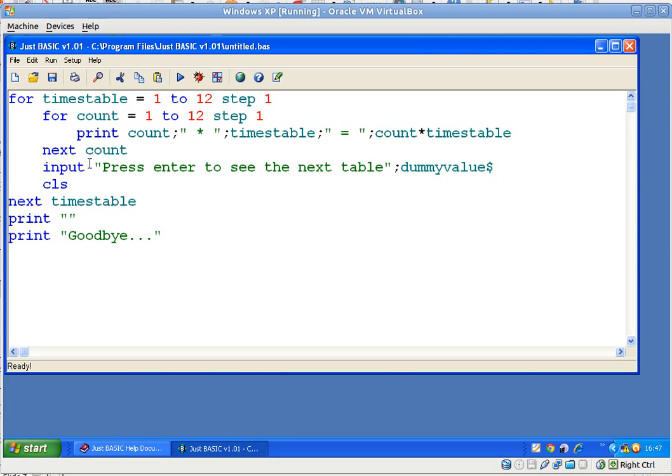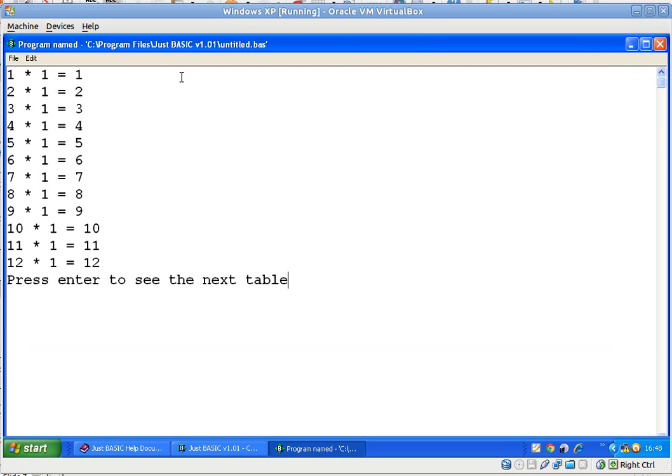So what we'll do is we'll have an input statement that asks the user just to press enter to see the next table. It takes in some dummy value that is entered at the keyboard, clears the screen, and then just proceeds to the next times table. So in effect it will just step through the times tables from 1 to 12. So if we run that, we can see there's the first one. If we hit enter, there's the next one, enter, there's the next one, and it will go through until we get through